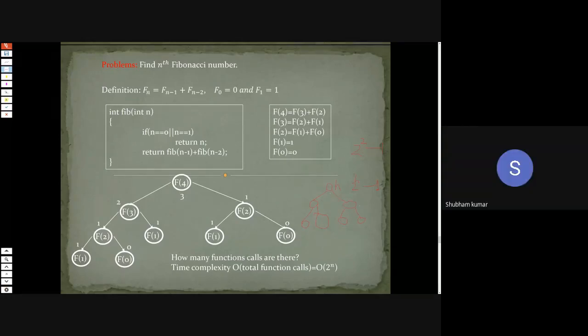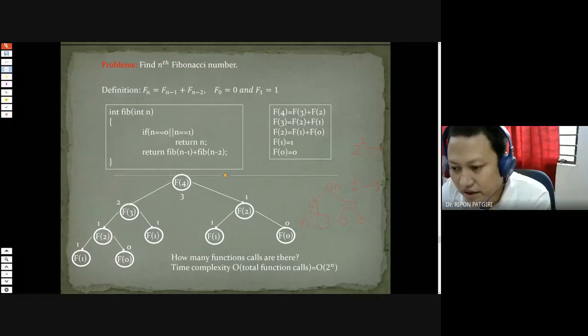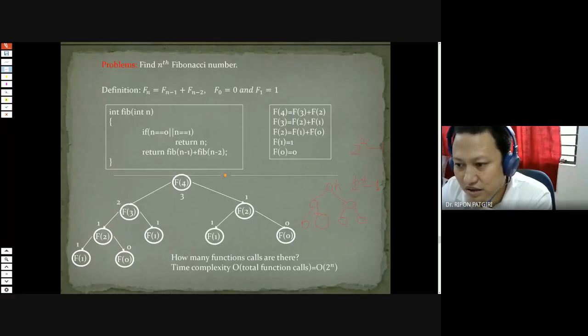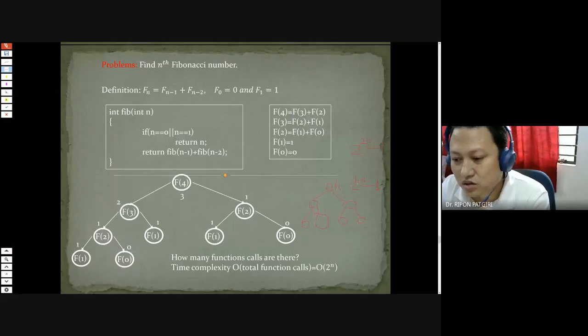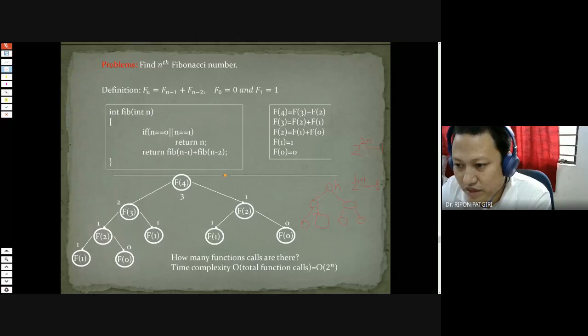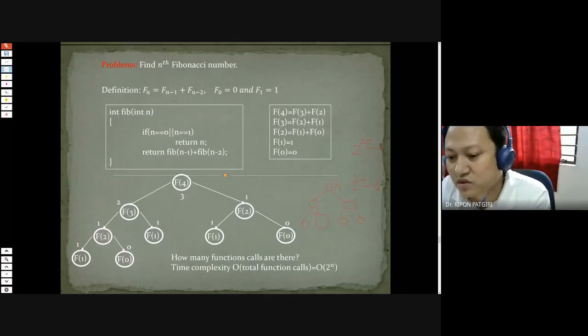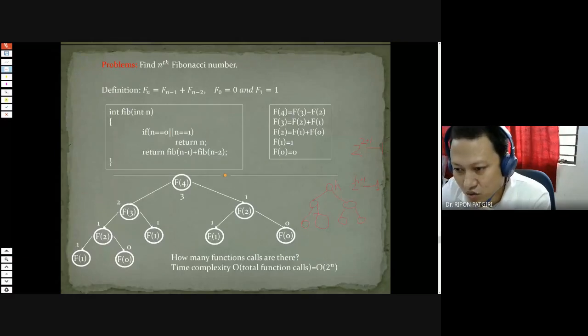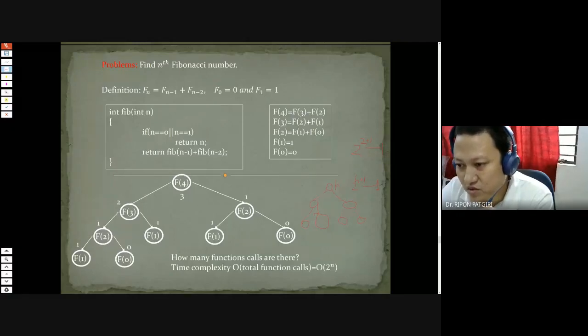It should be 7. Here you have to take 1 plus. So 2 to the power h plus 1 minus 1. This is the maximum capacity of nodes. So if the height is 2, then 2 to the power 3 minus 1. So 2 to the power 3 is 8, minus 1, 7. 1, 2, 3, 4, 5, 6, 7.